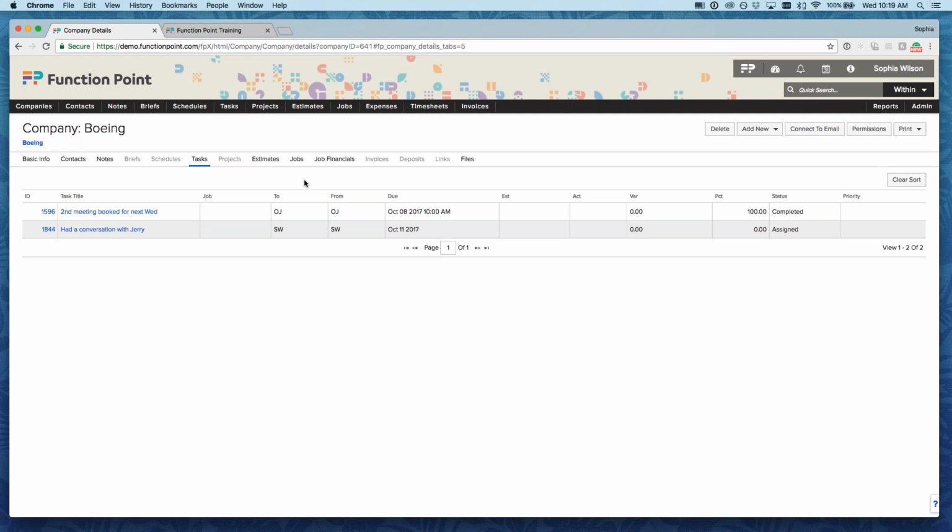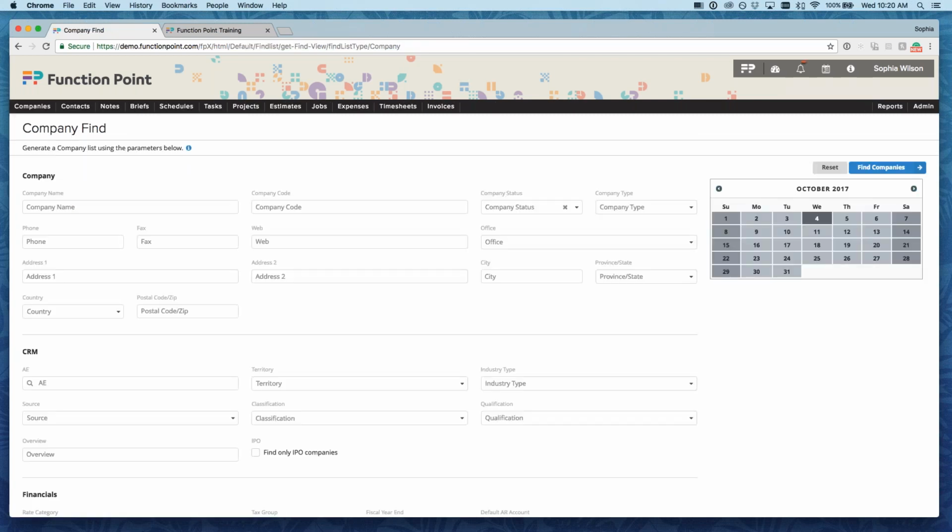Now, with items like this, something I did want to touch on is company find. So if at any point you're wanting to see what kind of prospects you have and any information related to that, what we recommend utilizing is our company find. And you'll notice that these find options are available within any of the modules within Function Point. So I am at this stage where I'm wanting to see all of our currently active,